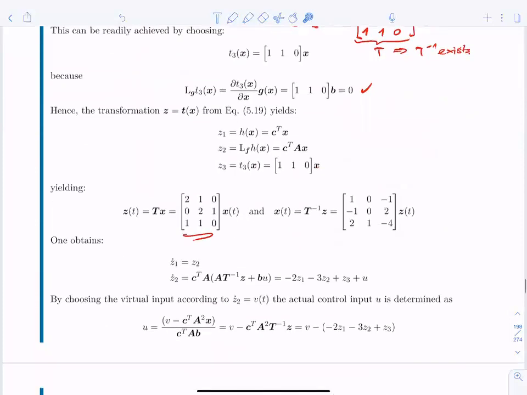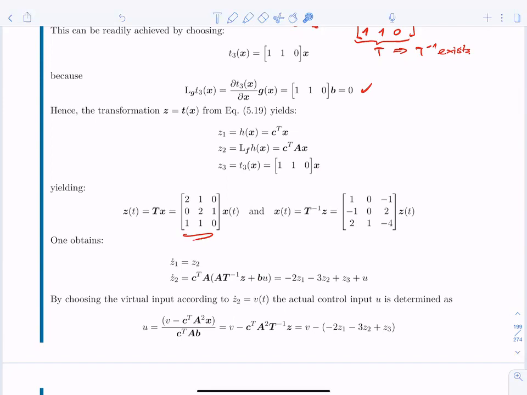And now for the time derivative, we get C1 dot. Obviously, it's C2. C2 dot: now we have to take a look. C2 is C transpose times A times x. So C2 dot would be C transpose times A times x dot. And x dot, we still want to stay in the C world. So this would be A times T to the minus 1 times C plus B times u. And you can see we end up with this expression. So C2 dot obviously depends on all the C's, okay, and also on the u,